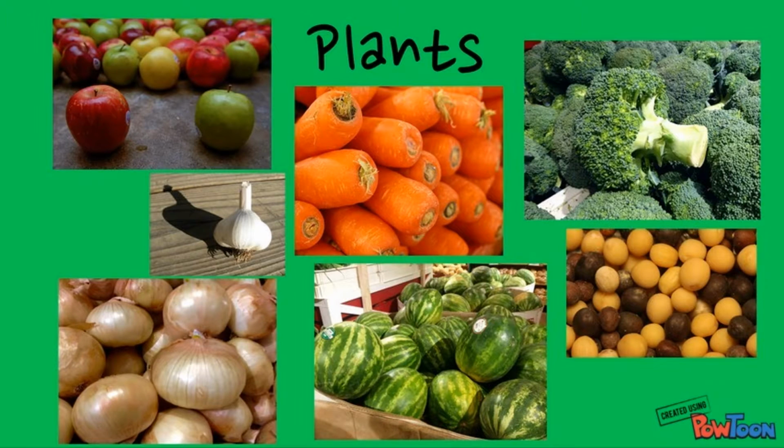So, as we discussed before, bees pollinate 70% of the crops that we consume. So, without the bees, we would have less plants and food to eat. So, some of those include apples, carrots, broccoli, garlic, onions, watermelon, mustard, blackberries, asparagus, Brussels sprouts, cabbage, cantaloupe, cauliflower, celery,